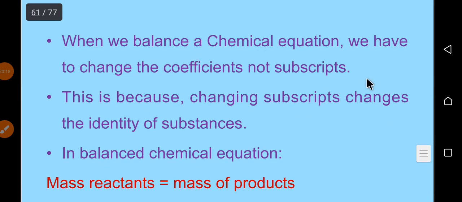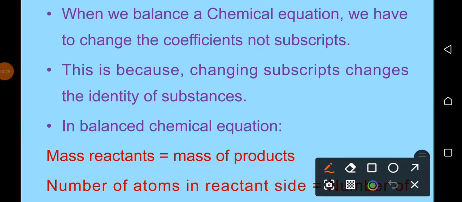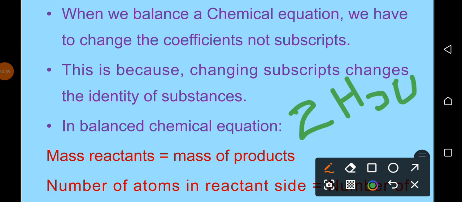Balancing chemical equation ማለት when we balance a chemical equation we have to change the coefficient, not the subscript. እንግዲህ አንድን ኬሚካል ኢኩዌሽን ባላንስ በምናደርግበት ጊዜ የምንቀይረው ሰብስክሪፕቱን ሳይሆን ኮኤፊሺየንቱን ነው። ለምሳሌ 2H2O የሚል ቢሰጣችሁ